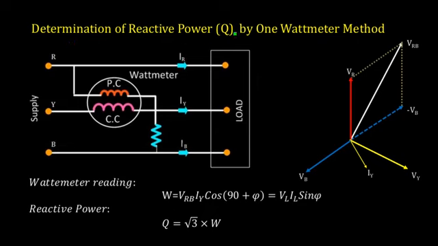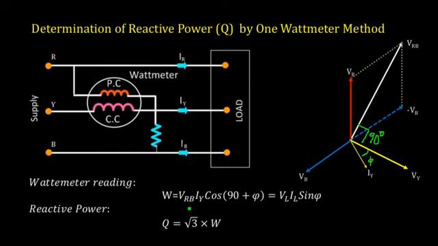Now we can also determine the reactive power using a single wattmeter. How do you do that? You connect the current coil in one line or phase, and you connect the pressure coil across the other two phases. Here I have connected the current coil in the Y phase, so Iy is here. Iy is lagging behind Vy by the power factor angle phi. The voltage is VRB, as I have connected the pressure coil across R and B. Now what will be the angle? You can check, this will be 90 degrees.